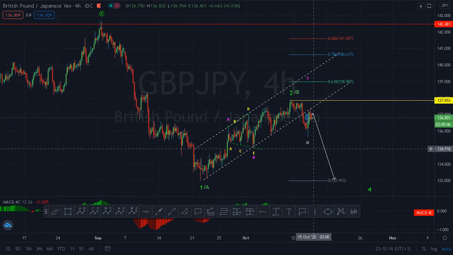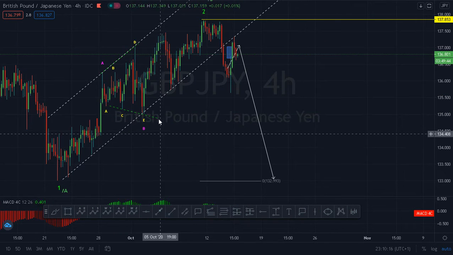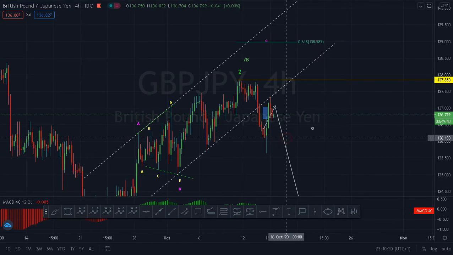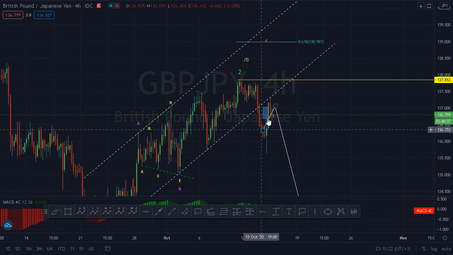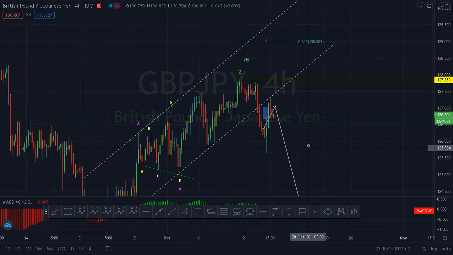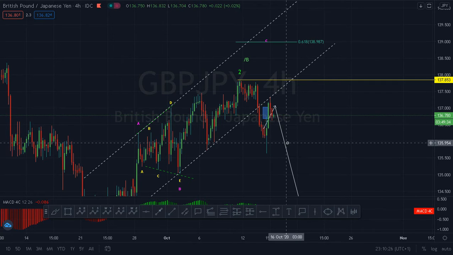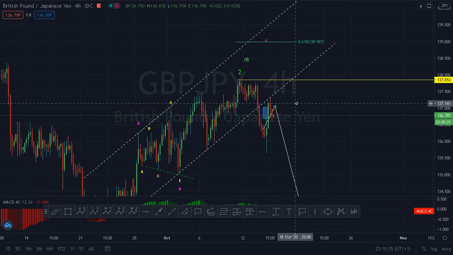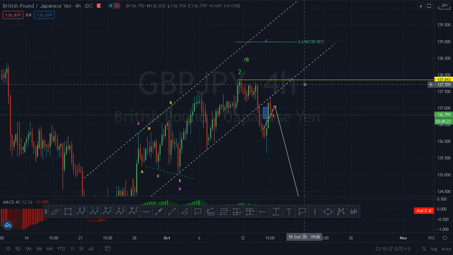Our idea is that you can see this arrow of yesterday. If price breaks here and retests, we sell. But the price moved very deep and then moved back up very deep towards the channel. So selling GBPJPY